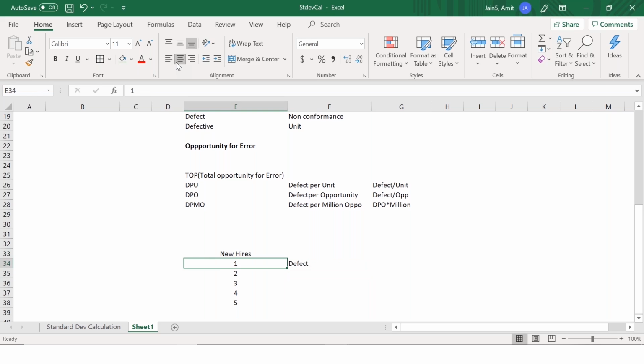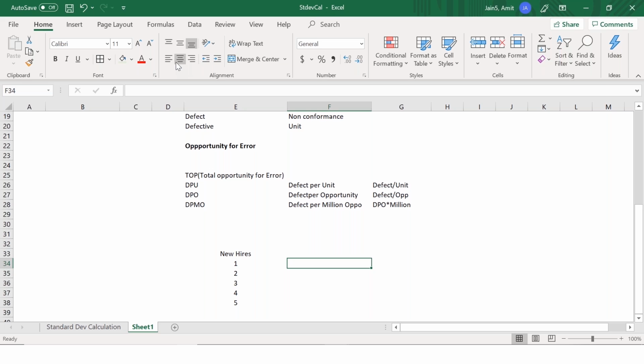Right. So what we are saying is, for every new hire, there's only one opportunity of error. Either the account is going to be opened within 15 days or not. There isn't any two or three opportunities. So for example, if we would have been looking at, let's say,